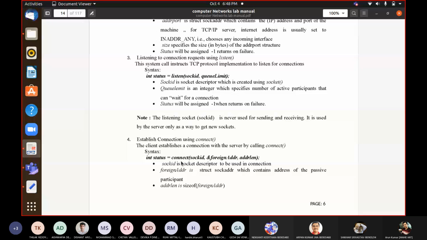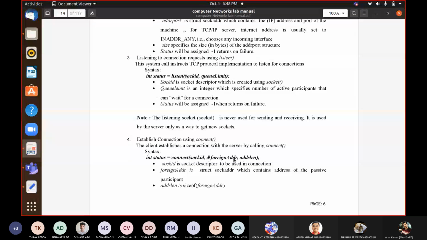This is the third argument, always. What is the size of the address structure where you have written the foreign address? The address length is nothing but the size of the foreign address.